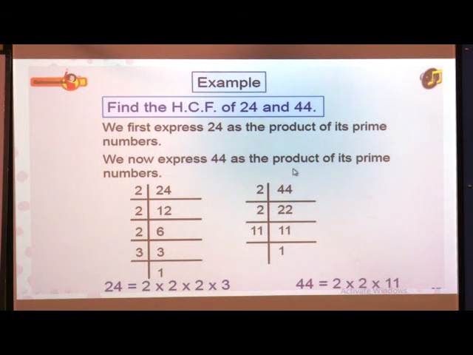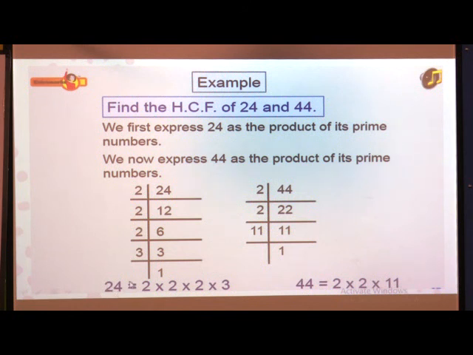The same we have to follow for 44. Let us divide it. 2 2s are 4. 2 2s are 4. Now, we got 22. Let us take again the prime number 2. 2 11s are 22. Now, 11 goes only in 11's table. So, 11 1s are 11, which is again a prime number. Now, we have got the prime factors, we will express this as a product in the way 2 into 2 into 11. It is given here, 2 into 2 into 11.